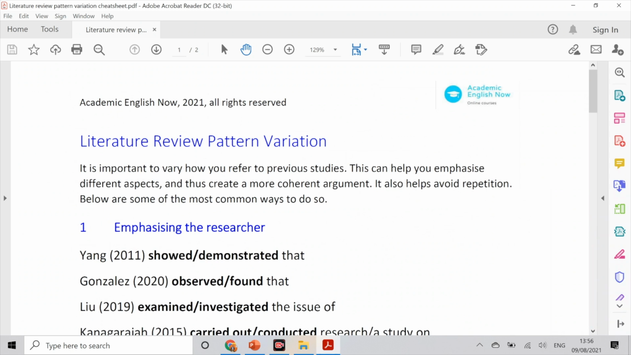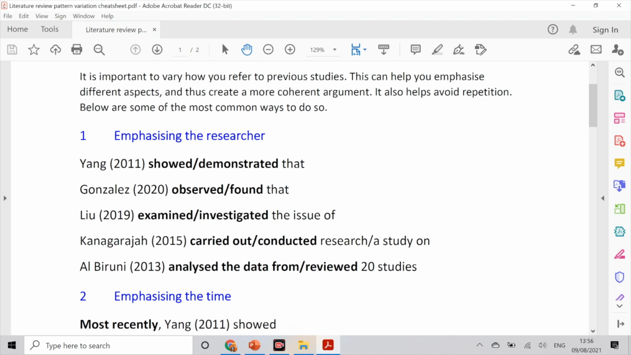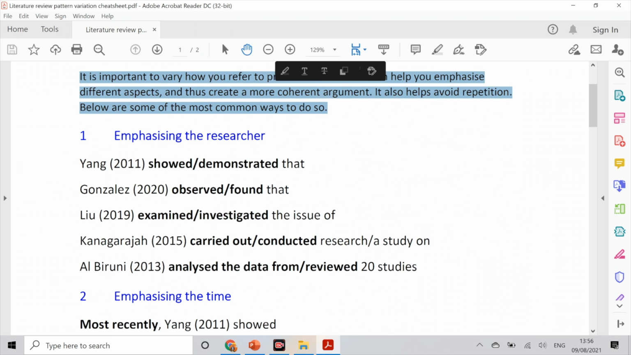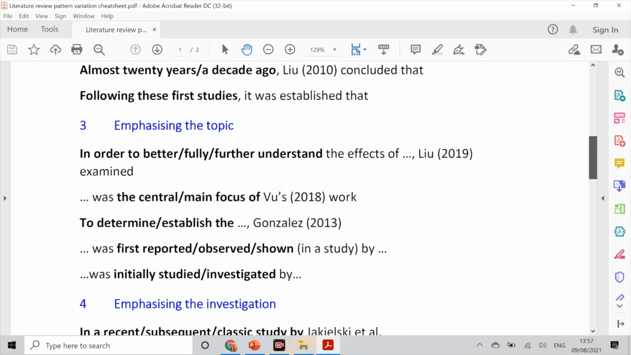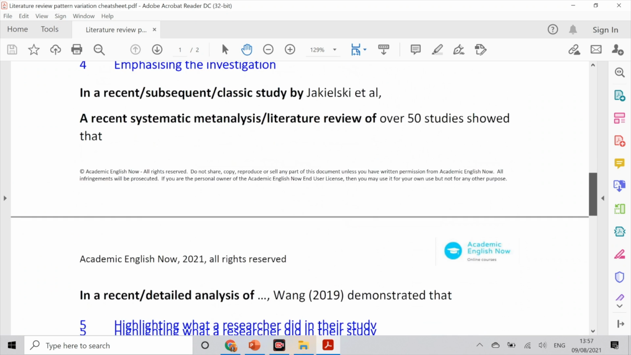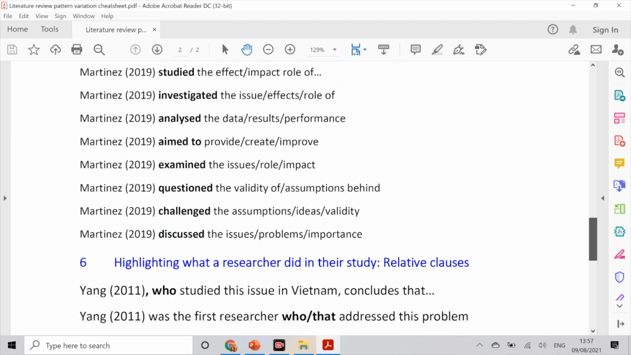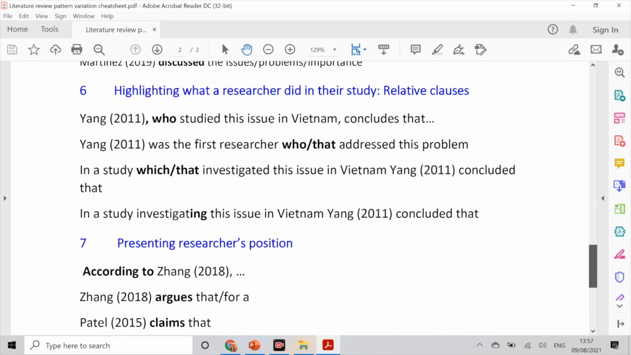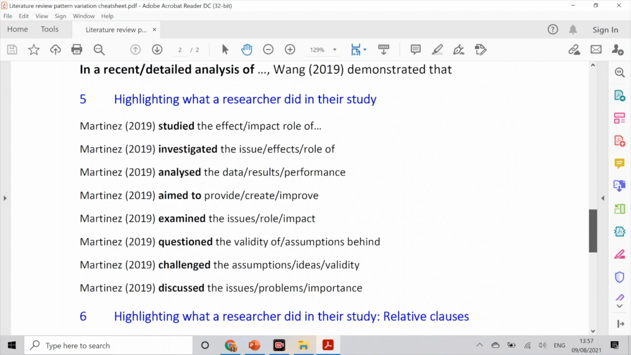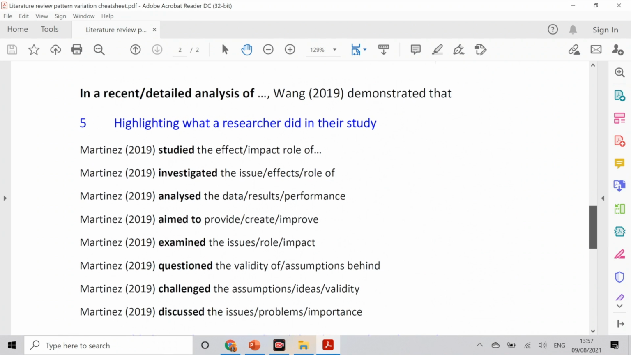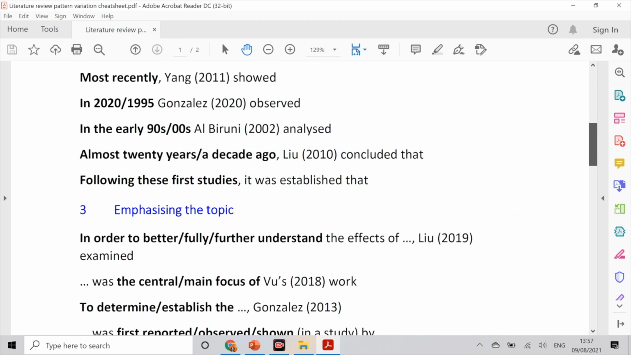Right, and it looks like this, and this basically gives you all the most common phrases for the different types of pattern variation. So we've got emphasizing the researcher, but we've got emphasizing the time as well, the topic, the investigation, right? Highlighting what the researcher did in the study. So there's quite a lot in here, presenting the researcher's position as well, right? So I would really recommend that you take a quick look at that, and if you find that difficult,